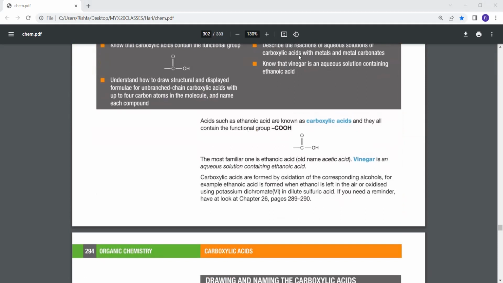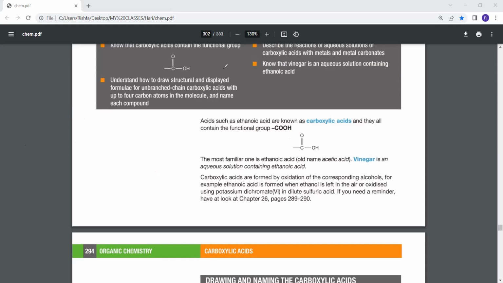Carboxylic acids are organic compounds which contain the functional group C double bond OH. So you write it like this, C double bond O and just OH together. When it was alcohol we wrote it separately, right? O separately and H separately, and we showed the bond in between. But here there's no need to show the bond between O and H. You can just draw it. An example of